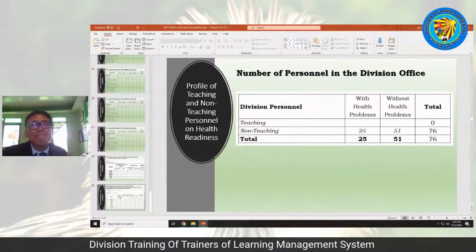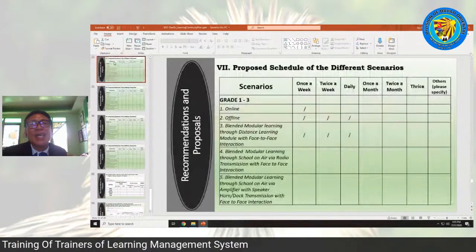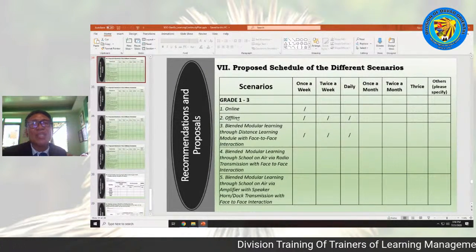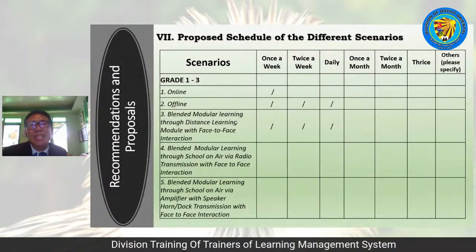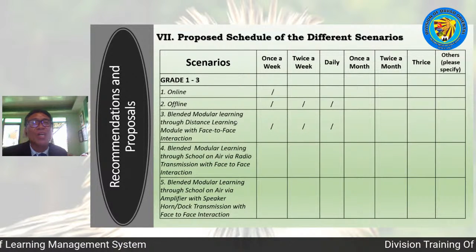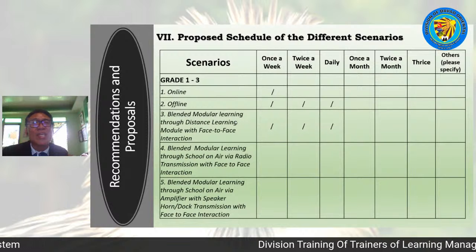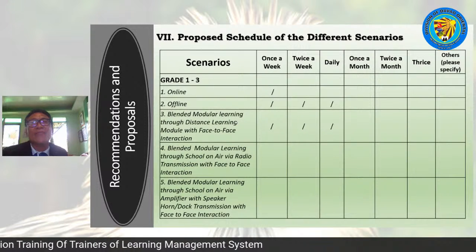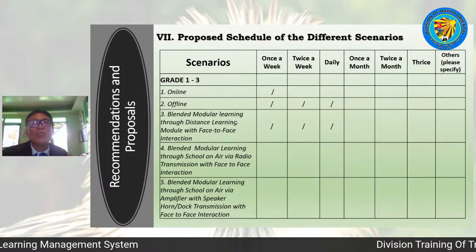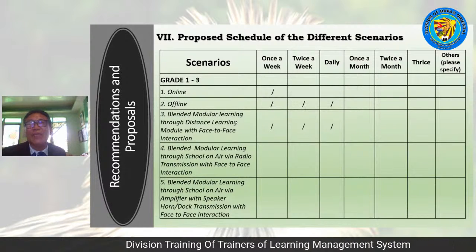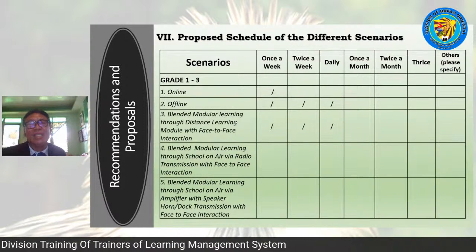Okay, next. This is only a proposal, no? Recommendations and proposals by our school division superintendent. Propose a schedule for the different scenarios. For grades 1 to 3, online only 1, module with face-to-face interactions, we have daily, twice a week, and once a week. So it means to say that this modular is very important in the opening of classes because